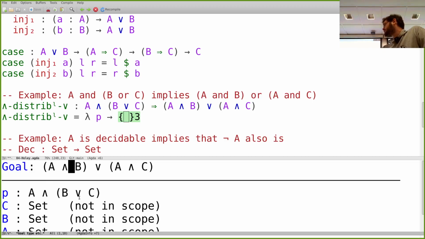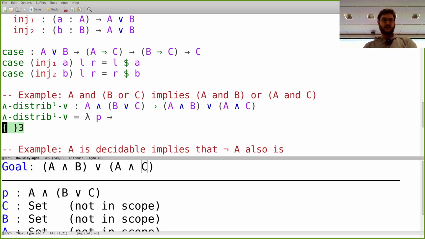but I could also try to gain some information from the proof I just found. And there's no way for me to decide whether I want to build a B or C, because in the context, I have either a B or a C, but I don't know yet which one I have. So the proper move is probably to start by inspecting this one to tell me which side I need to go